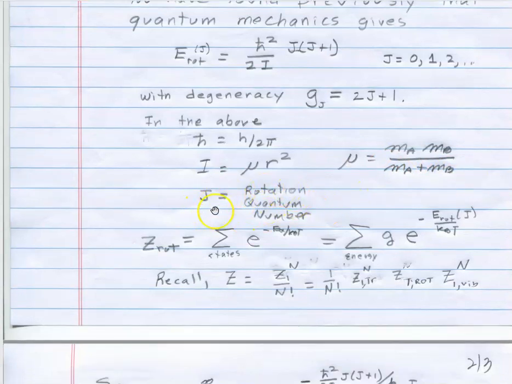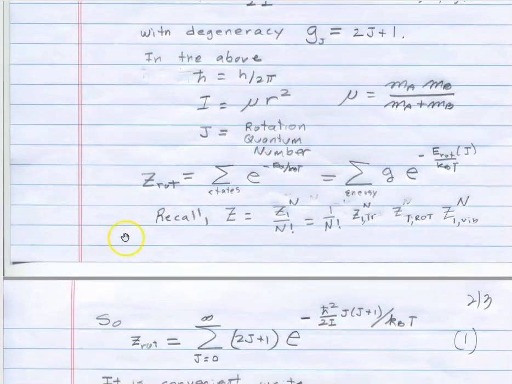J is called generally the rotational quantum number. And our task in this video is to get the rotational partition function. This would be on a molecular level, so your book would write this as small q. Some books would write it as a small z. I've been writing it as z sub 1 for molecular level, but this was just for a single rotator system